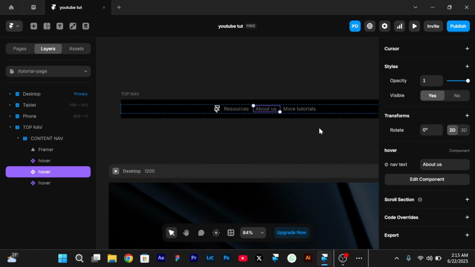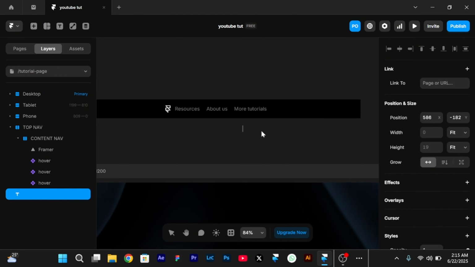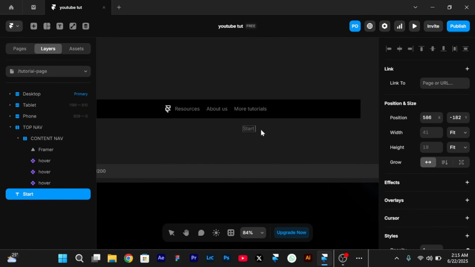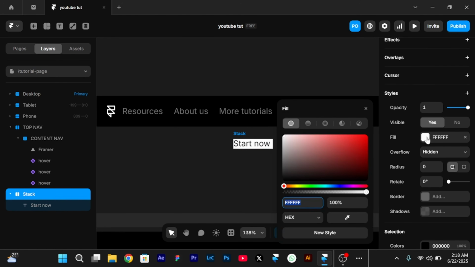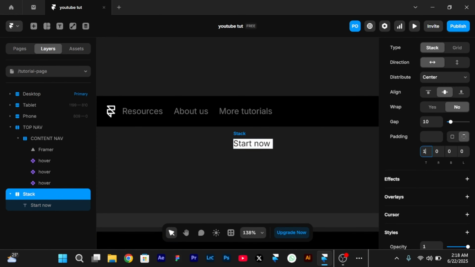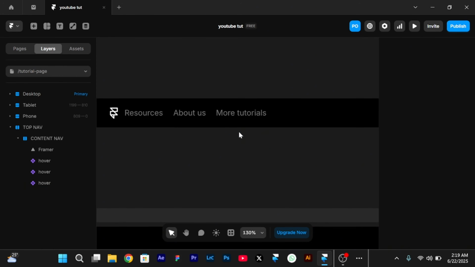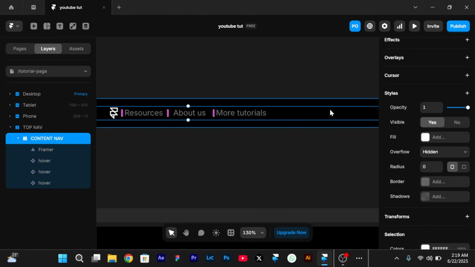The next thing we are going to be adding is a button. So turn your keyboard and we'll be selecting start now. We then add a few background to it, and after then we'll be adding padding to make that fine button. So heading down to the padding, we'll select a top padding of 10, select a top padding of 20, then 10 below and 20 on the left. We then round the corners of this button,